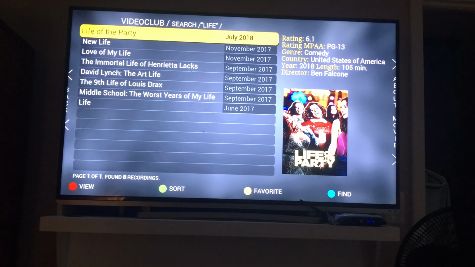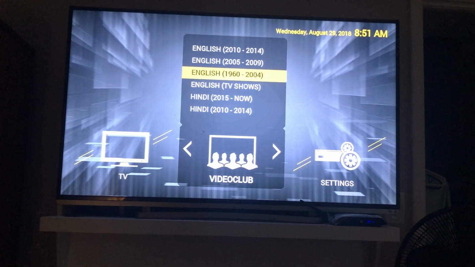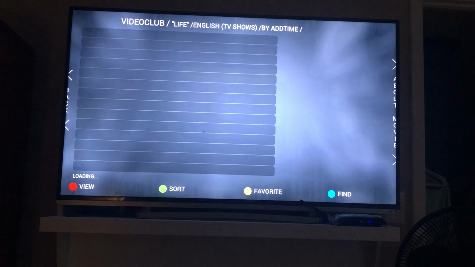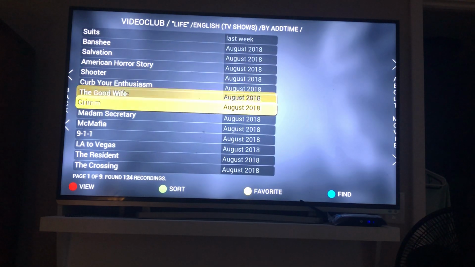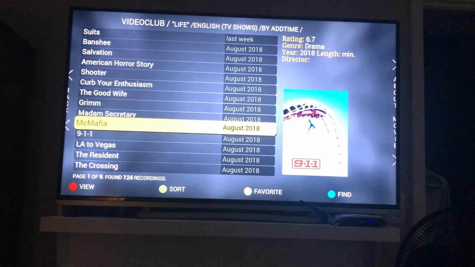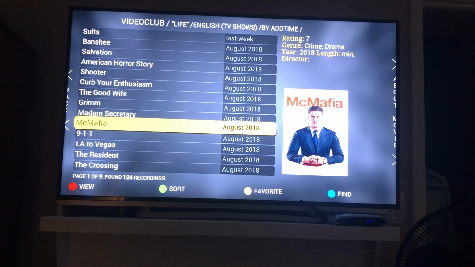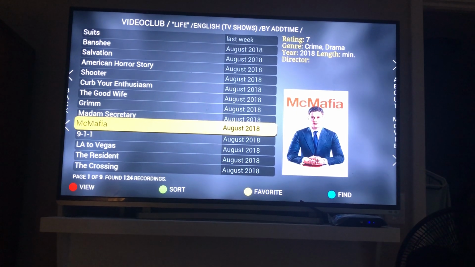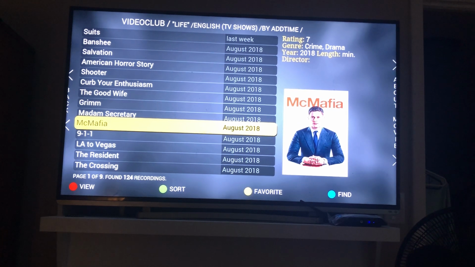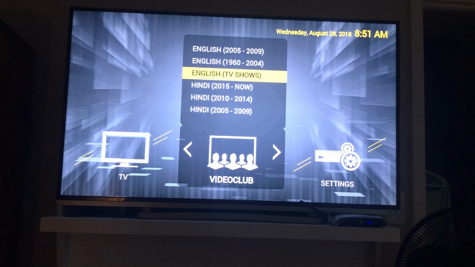There's Life of the Party. So backing up again. Same thing with TV shows. If I click on TV shows, all your TV shows are here. You can also search using that blue icon at the bottom right. You can sort them into alphabetical order using the green at the bottom left. You can favorite them. So I'm gonna use the left arrow to go back, and I'm gonna go over to